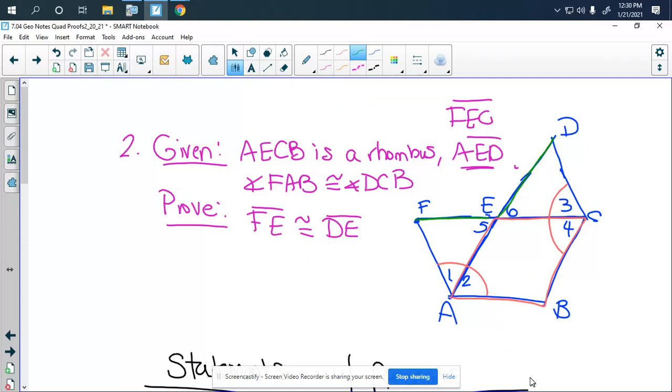So in order to get those 2 segments to be congruent to each other, I work backwards. I ask myself, are those 2 segments a part of 2 different triangles? The answer is yes, they are. They are part of triangle FEA and a part of DEC. So if I can get those 2 black triangles to be congruent to each other,